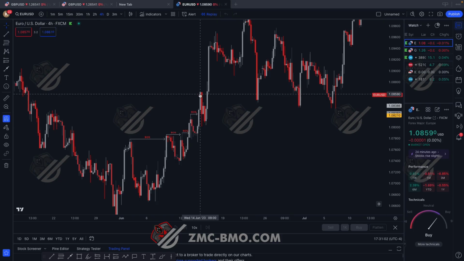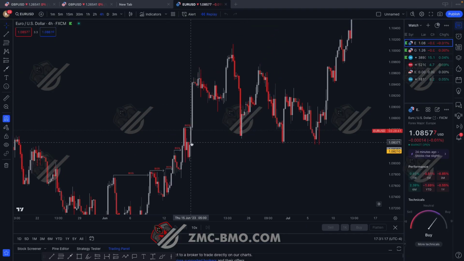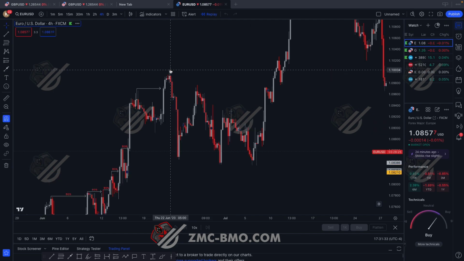And as we can see right here, what's the highest point? This is the highest point. Price pulled back. What do we wait for? A break of structure. We wait for this right here. Just as simple as that. And you see what's the highest point now? Highest point is right here. Before this is the highest point, pullback. So we're going to wait for this high to get taken out. As we can see, the high got taken out, which is a break of structure. And of course, a break of structure here. But let me head down to some bearish